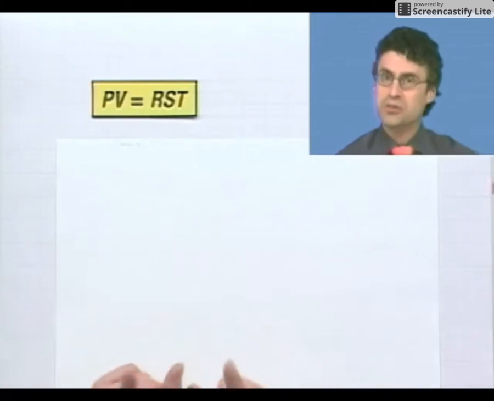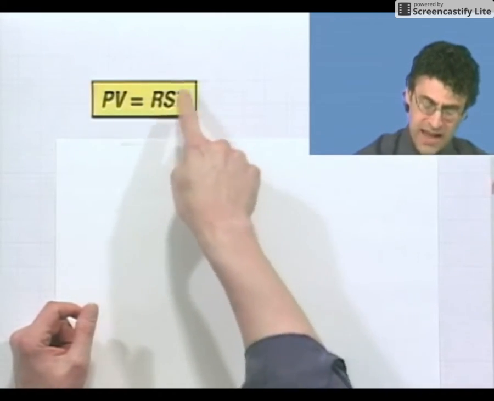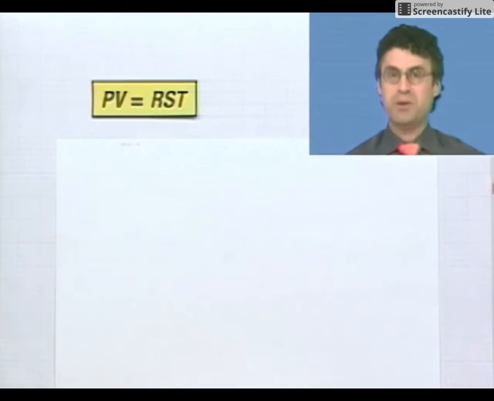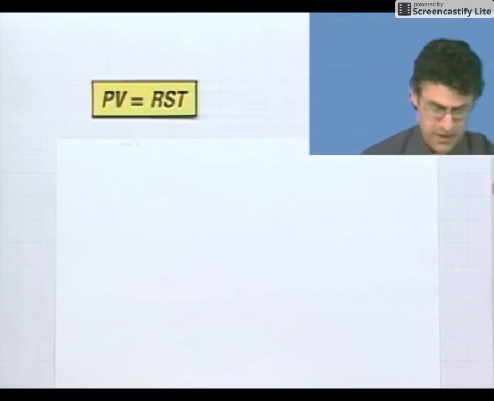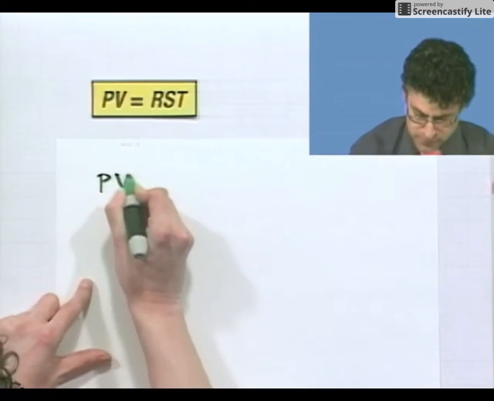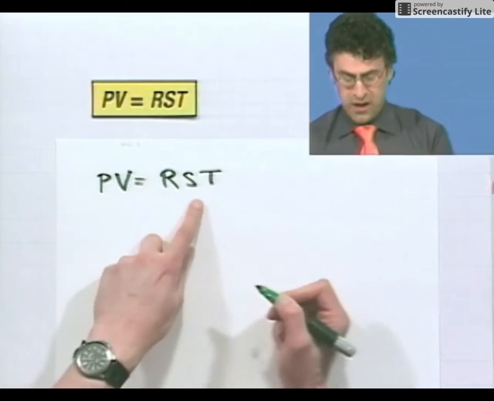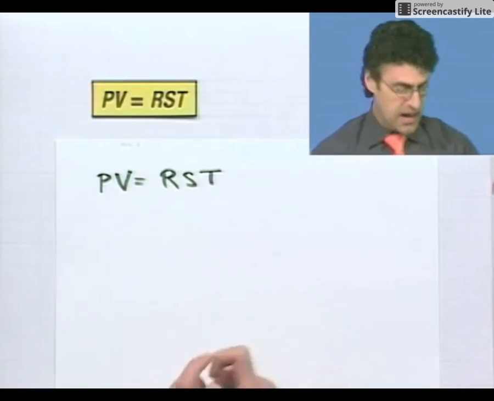But I could also realize that if I just think of the variables r and s as one collective thing, I could just divide both sides by r and s and make this a one-step equation. Let's try that. So if I start off with PV equals RST, if I want to undo the multiplication by RS, the product of those two things, I'll just divide both